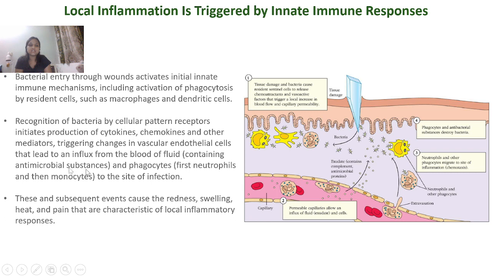As I already told, first neutrophils and then monocytes come to the site of infection, and there will be production of cytokines, chemokines and other mediators which will change the vascular endothelial cells and lead to an influx of fluid from the blood. So this is one of the reasons why, whenever any pathogen enters our body,